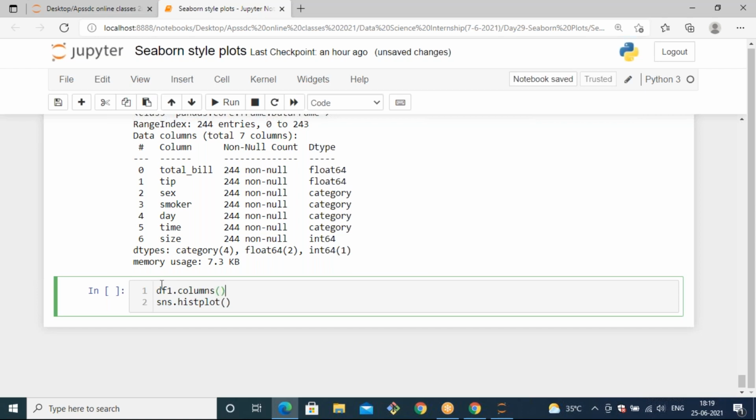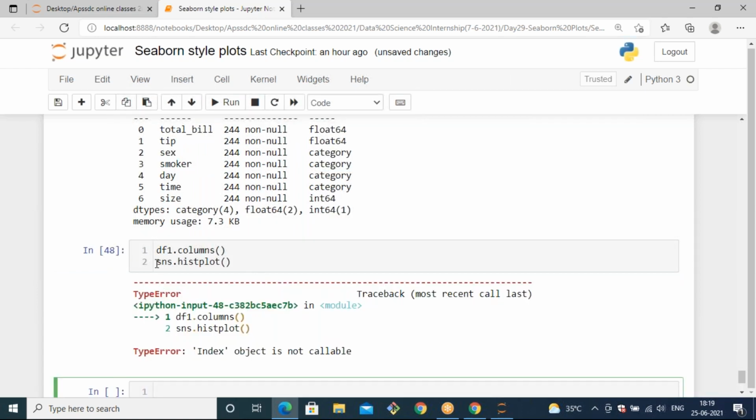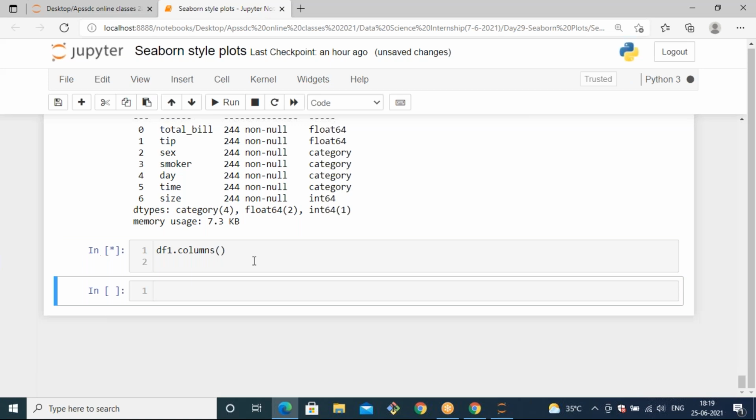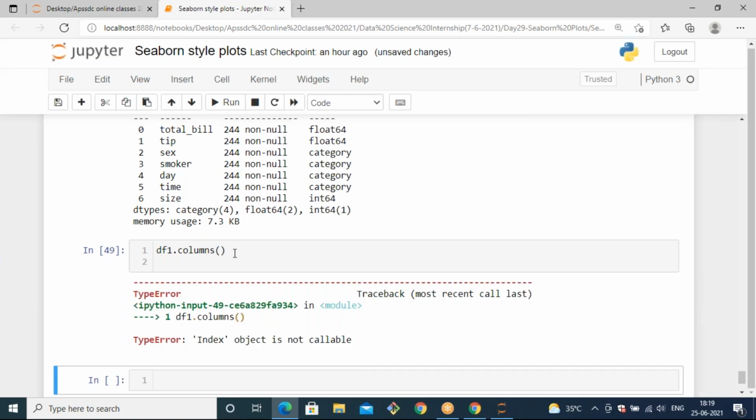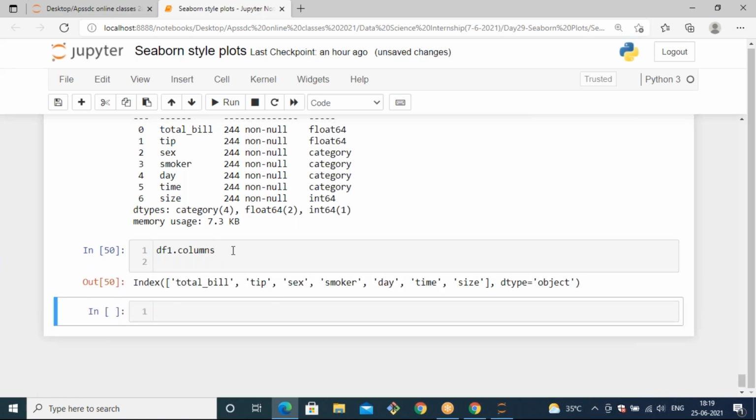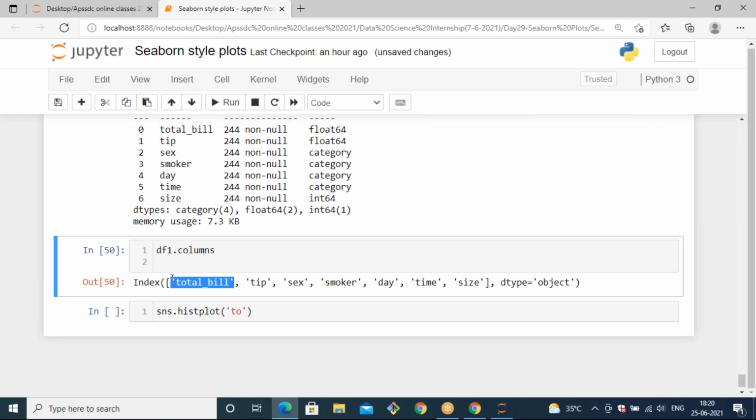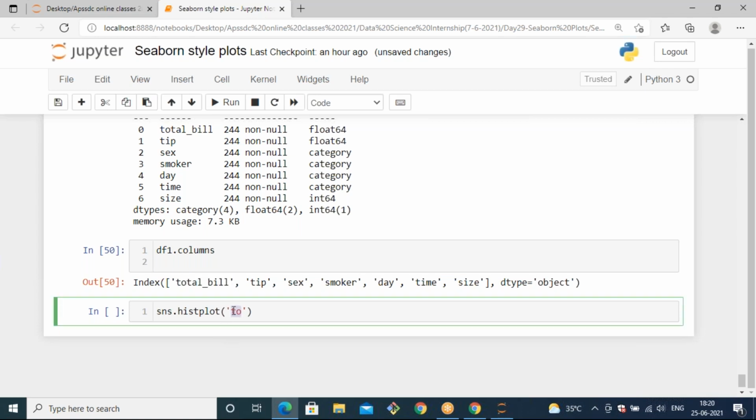Let's print the columns of df1. These are all the columns that we have: total_bill, tip, sex, smoker, day, time, size. Out of those, I just want to plot total_bill using the histogram plot, to find out the distribution of data.